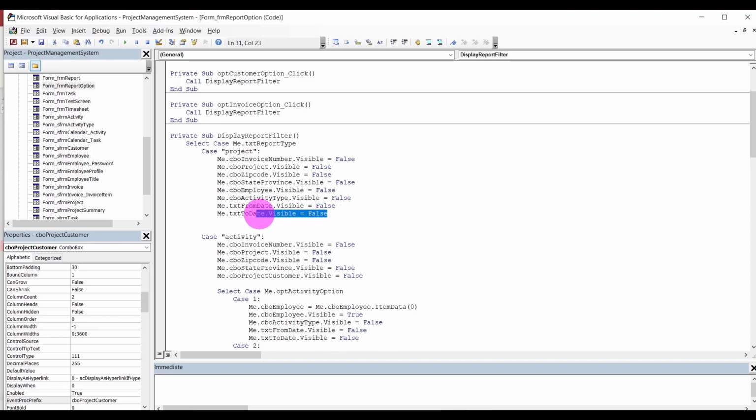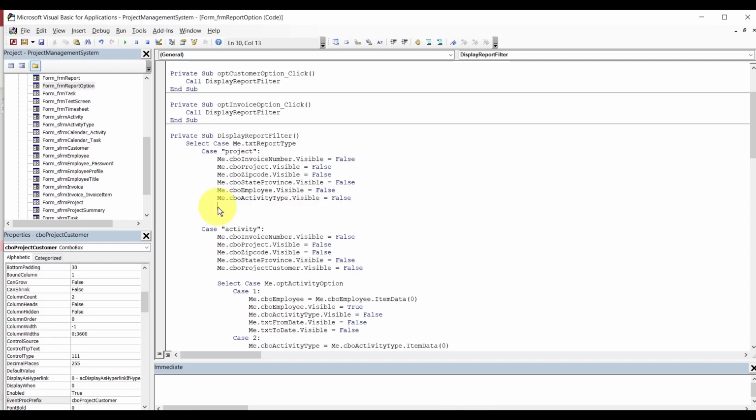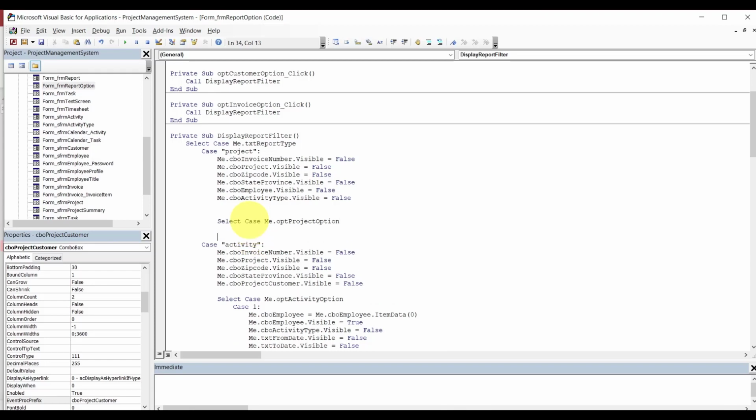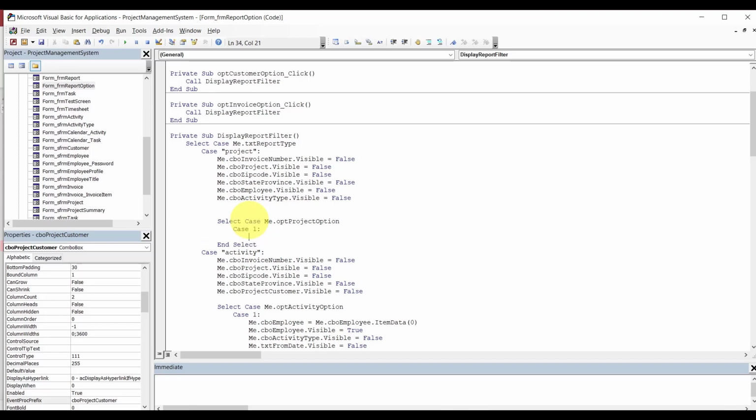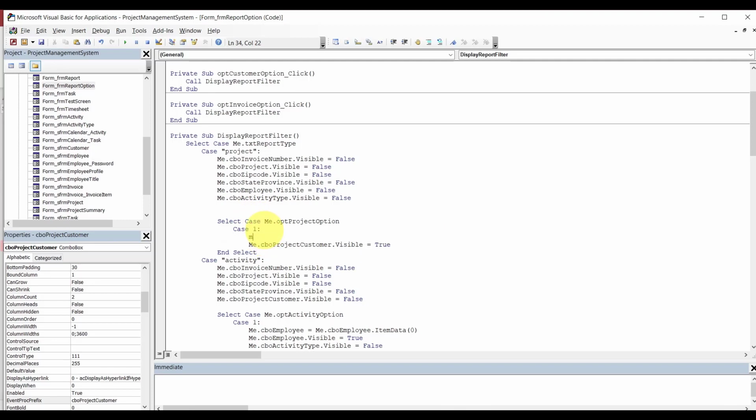Right here, we need to take this guy out, and we want to say select case me option project and select case 1. We want me CBO project visible true. We also want to make sure that guy has something or defaulted to something. The first one rather, item,